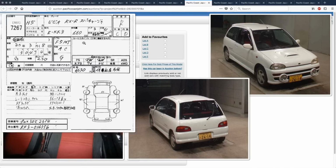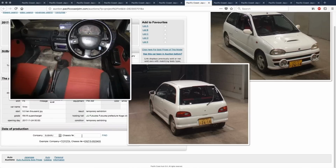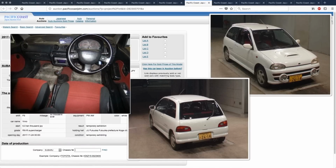Let's have a quick look here. Where does it say that on this sheet? I'm used to seeing the USS sheets, and I know where everything is on those ones, so these smaller auctions are always in a different format. It doesn't say. I think this one's a four-wheel drive, but I don't know for certain. If you do want to know, put the chassis number in here. And then the chassis number is